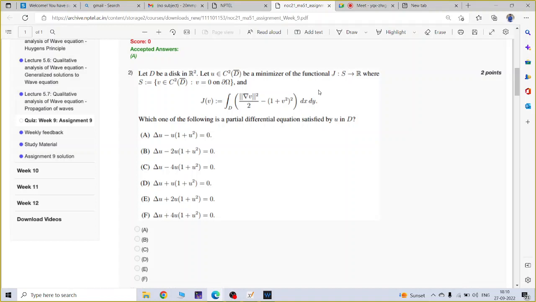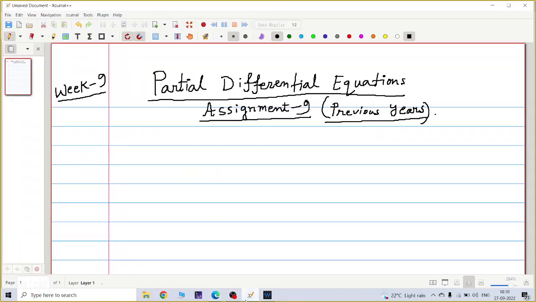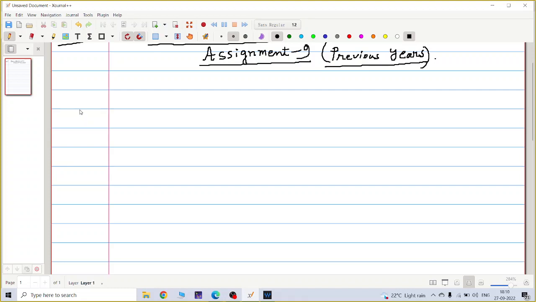So U is the minimizer of this functional J. First you have to find the PDE which is satisfied by this minimizer of the functional. So let me do this. Let me write the problem here first. So the problem is, let D be a domain in R2,